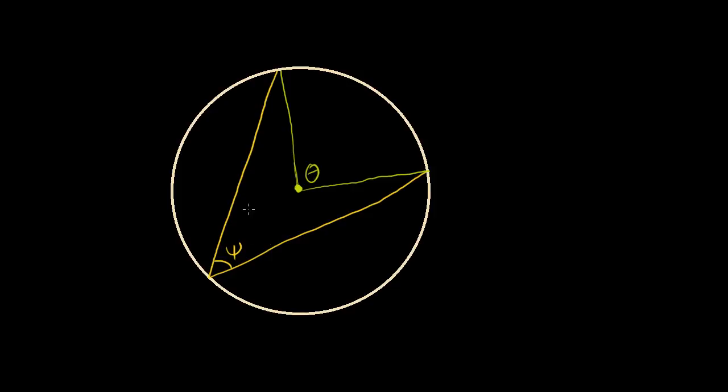Well, you might say, hey, gee, neither of these chords that define this angle are diameters. But what we can do is draw a diameter. If the center is within these two chords, we can draw a diameter just like that. If we define this angle as psi 1, that angle as psi 2, clearly psi is the sum of those two angles, and we call this angle theta 1 and this angle theta 2,